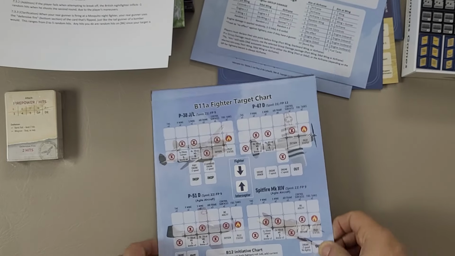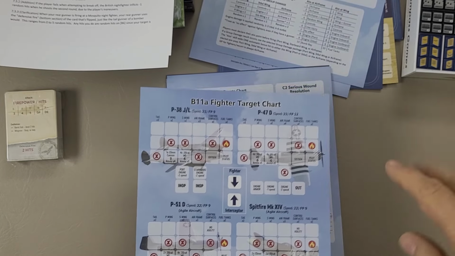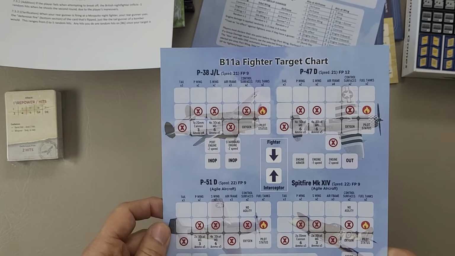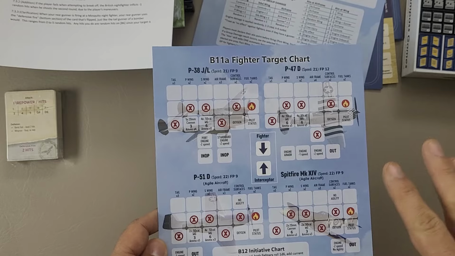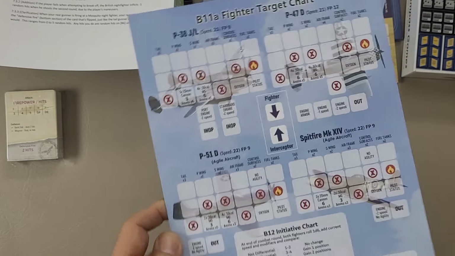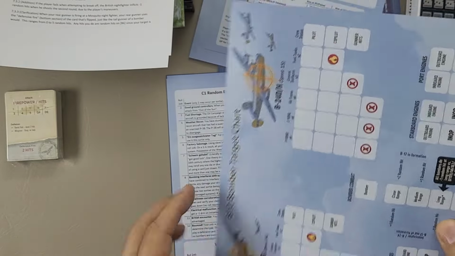So, if you've played the other game, obviously the predecessor to this, or even Nightfighter, this is going to be really similar. Fighter target chart, but probably a lot more tough. Not that those two were easy, because they're not, but this one is going to be extra tough just because of the status of the Air Forces during this particular time period. More target charts,